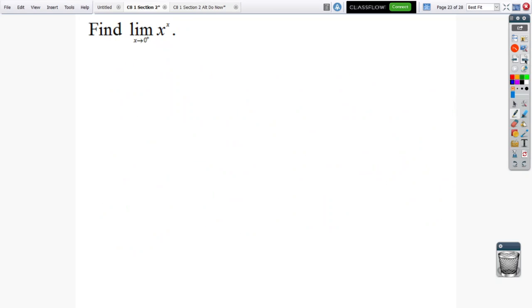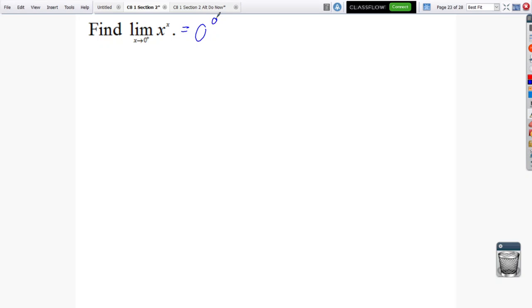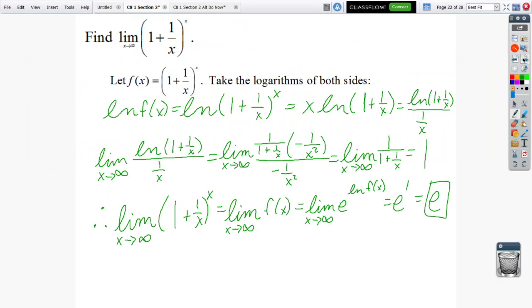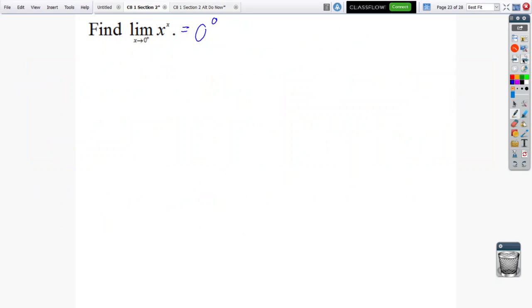There's the work again. Now look in here, we have the limit as x approaches 0 from the right of x to the x. This is going to be equal to 0 to the 0. So again, since I have one of my exponential indeterminate forms, 0 to the 0th power, I know that I have to do some sort of trickery to this, and the trickery is going to be L is equal to the limit,